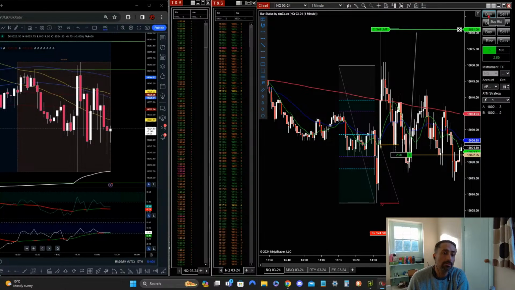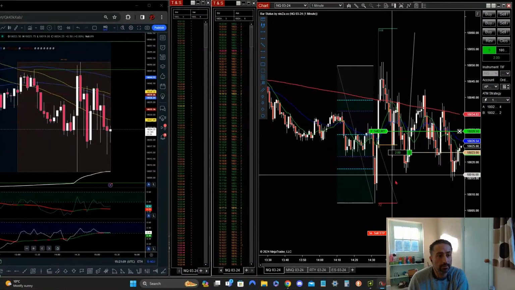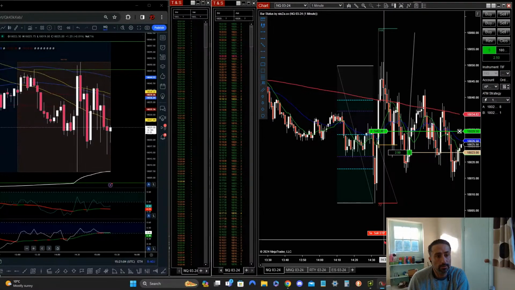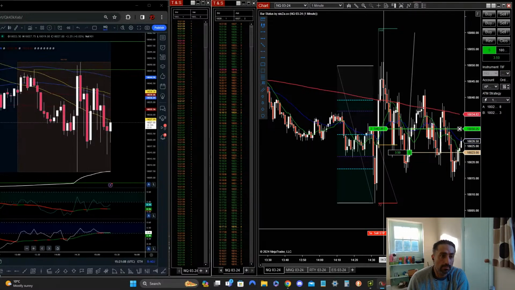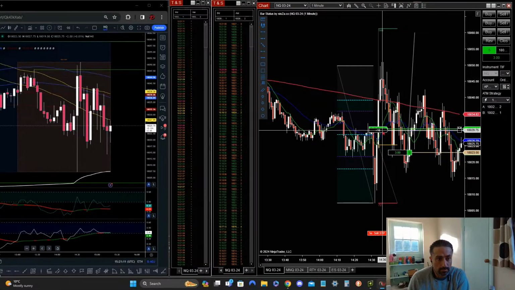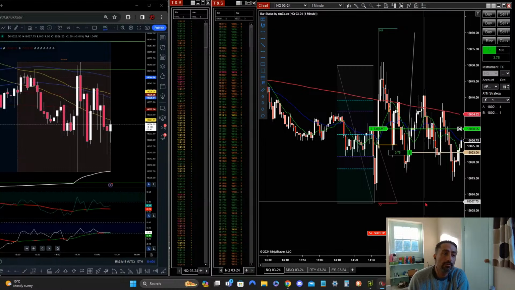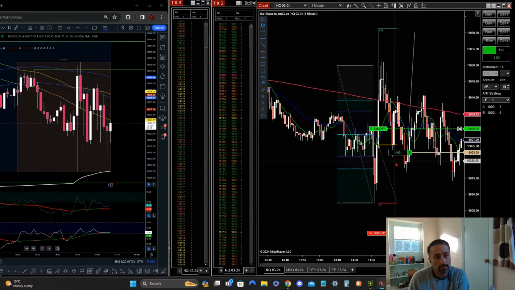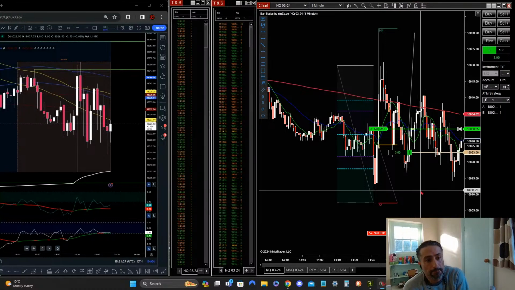This is a second entry scalp right here. 5 seconds left on it. I'm going to go up to 5 contracts. I'll take 2 contracts off right here. Where's the wicks going to go? Just going to scalp out some money, and then